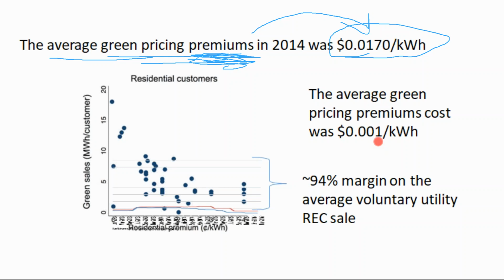Less than 1/10 of a penny a kilowatt hour. Some of the reason for this is there's a carbon credit market that tracks this stuff called renewable energy credits. It's not exactly the same as a carbon credit, but it's a green credit. Every time you generate 1,000 kilowatt hours of green energy, you can claim that you've generated one of these credits, and you can sell